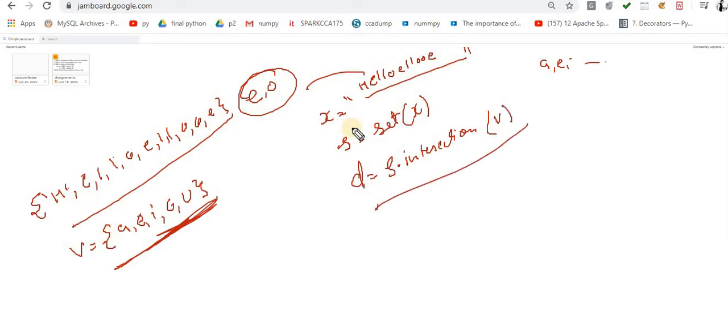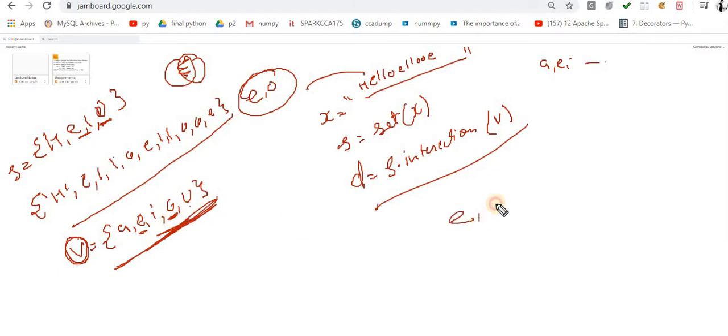Now when I convert this into a set, it becomes H, E, L, O. V is also a set. Perform the intersection: the common elements between these two are E and O, so you will get E, O. Very simple way.